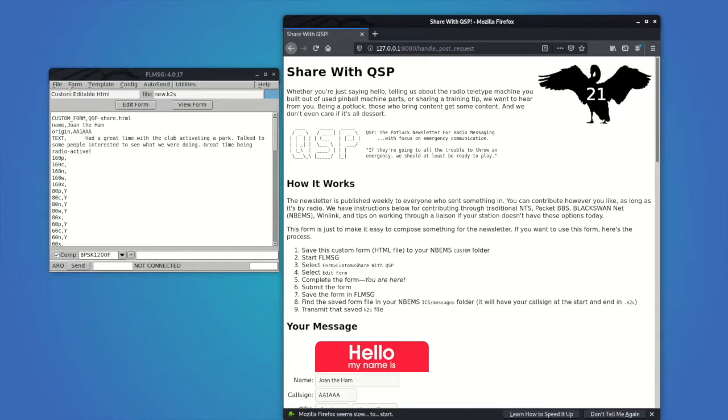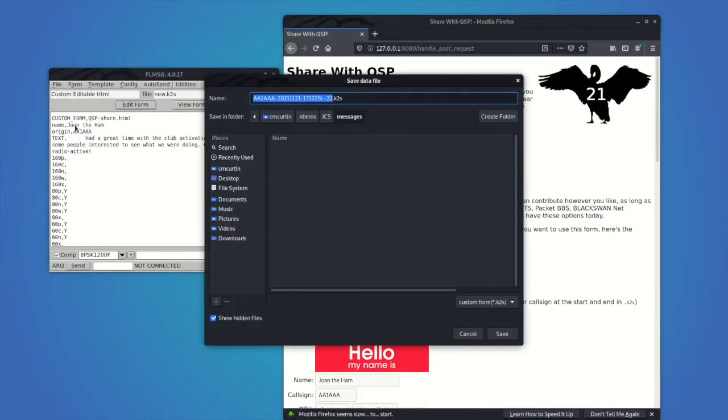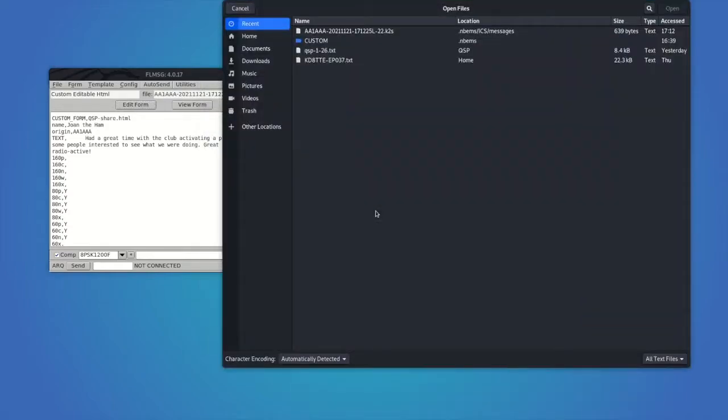Joan uses the File menu to choose Save or Save As and brings up a dialog box that has her call sign in it and some other information about the time and date of the data being saved. If you're trying to access the file, you can go either directly to the folder where the file was saved,